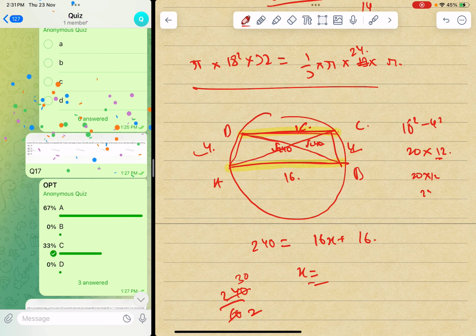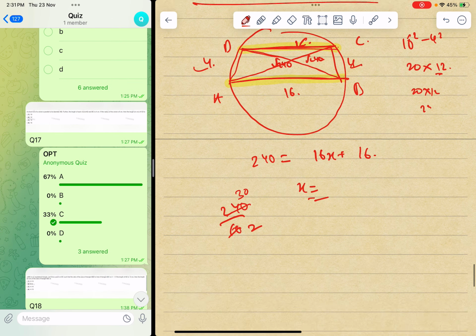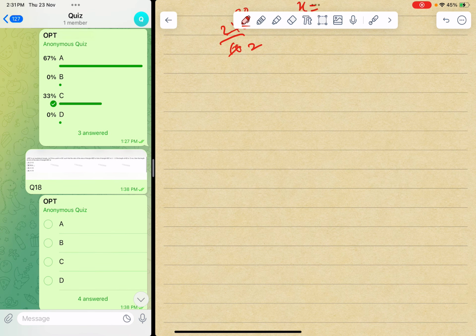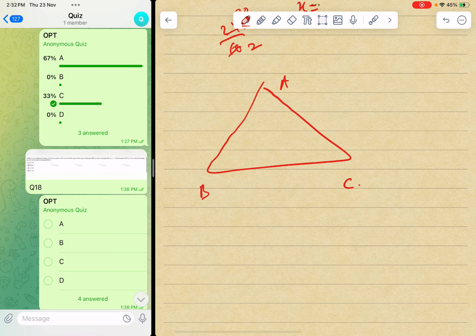Okay, so the 18th one is: ABC is an equilateral triangle, D is a point on BC such that the ratio of the area of ABD to ADC is 3:1. Okay, so we know the area ratio is 3:1. So in an equilateral triangle, it has to be simply that the side ratio is also 3:1. So the side is how much, we don't know. Okay, so AD we know. AD is 13. Then find the length of the side of the triangle ABC. Okay, so we have to find the length. Anyway, so this complete is 3:1.